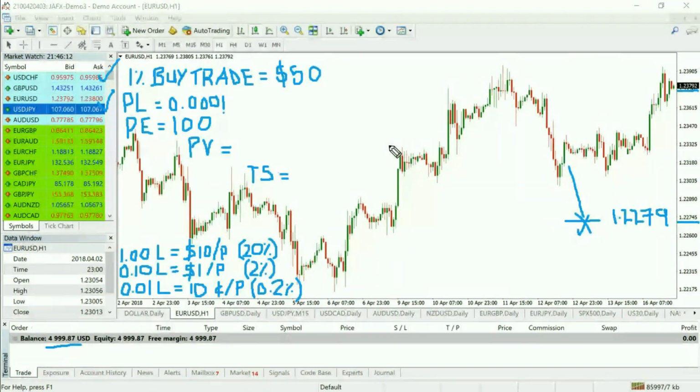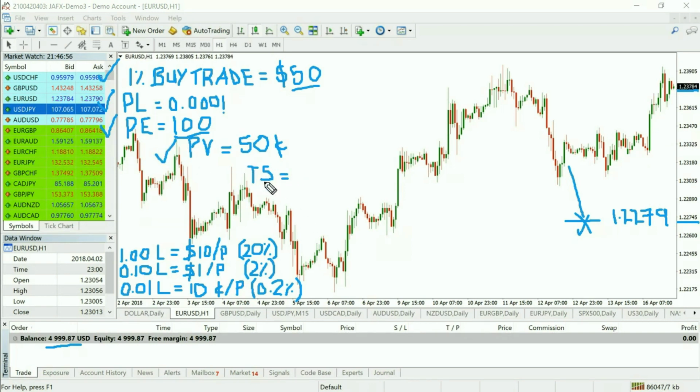Now I'm working with very easy numbers. And when we talk about working out the pip value for this particular market, again, this is quite simple and straightforward. We talk about our monetary risk, which is 50, and we divide it by our pip exposure. If you take 50 and divide it by 100, then this means that we have a pip value of 50 cents per incremental move. So that's very useful information to know, because the last aspect to this trade size, now that we've worked out exactly what the pip exposure is and also the pip value,